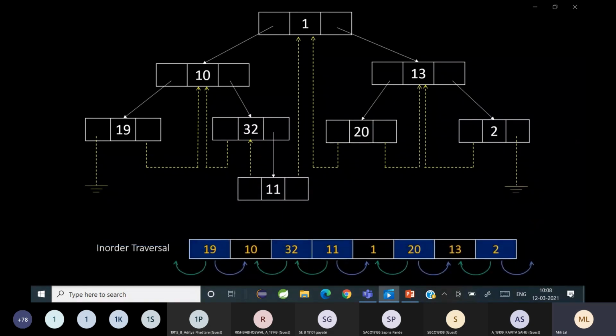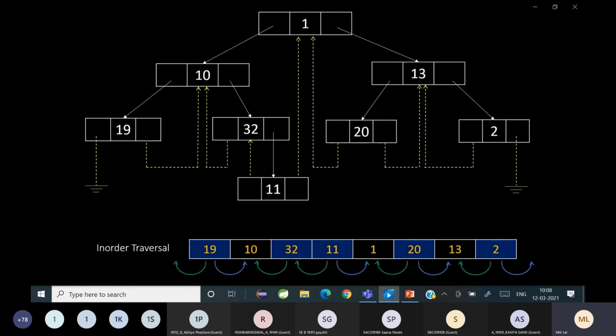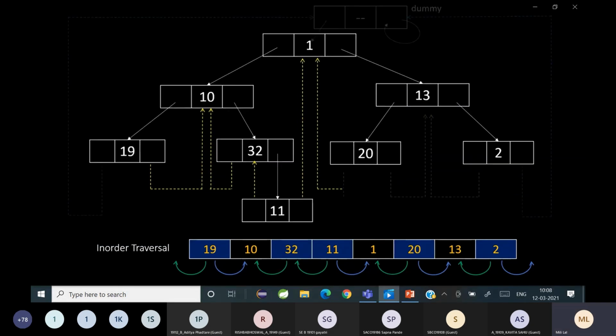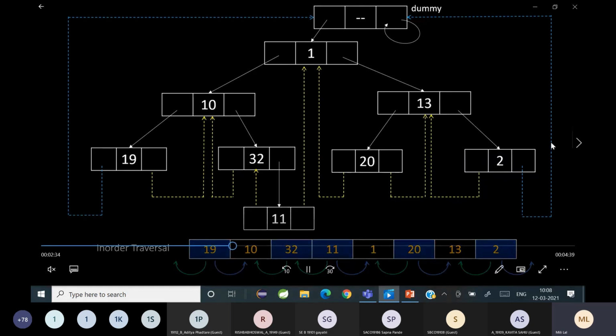So sometimes in certain textbooks, you will see that thread getting connected to a head node, which goes above 1. And you can give it some value. Can you see that? It's a dummy node. Can you see that on the top?